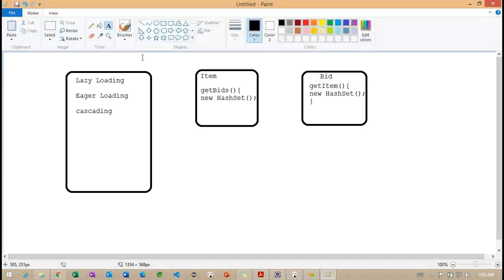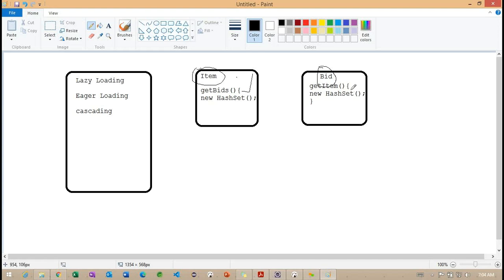So now we can understand that whenever we load this particular item, internally we load this particular set of bids. It's nothing but multiple bid records we are loading.